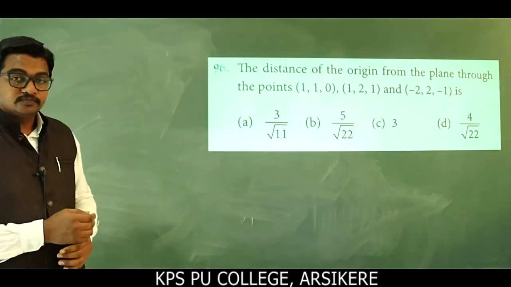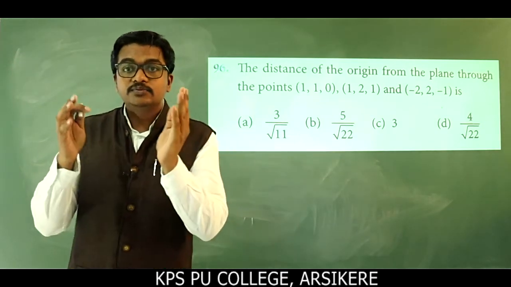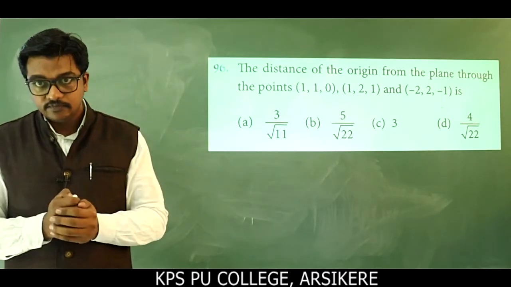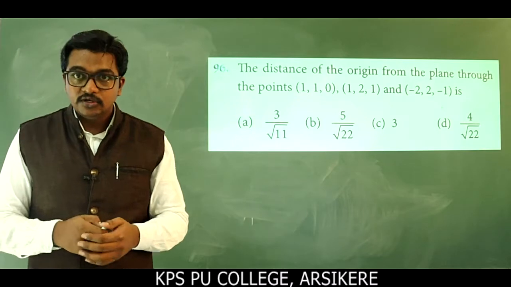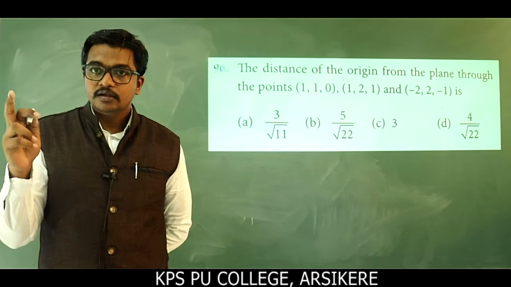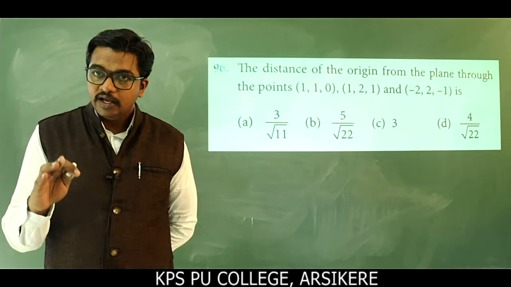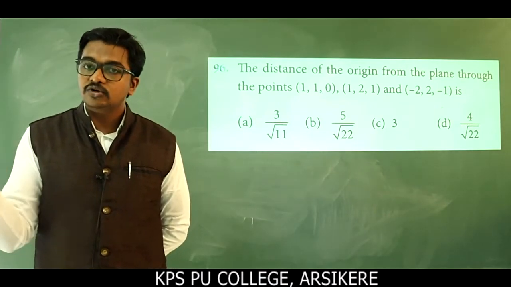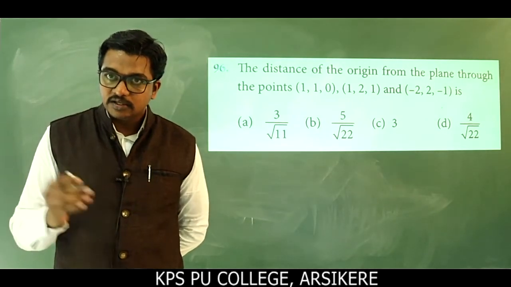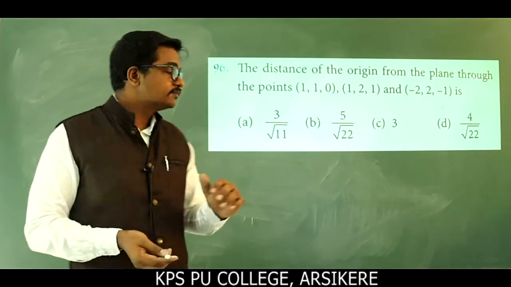So here they have given 3 points. How to find the equation of a plane when they give 3 points? Remember, x1, y1, z1, x2, y2, z2 and x3, y3, z3 are the 3 points. Then the equation of the plane in Cartesian form is a 3 by 3 determinant. First row will be x minus x1, y minus y1, z minus z1. Second row is x2 minus x1, y2 minus y1 and z2 minus z1. Third row, x3 minus x1, y3 minus y1, z3 minus z1. So please remember the equation. That determinant is equal to 0, right?